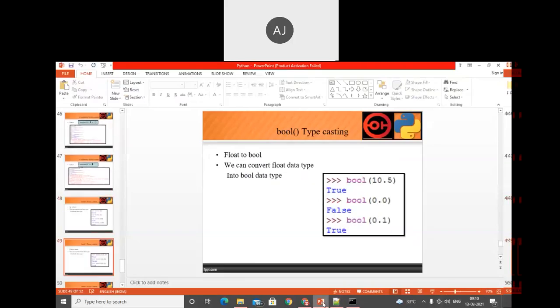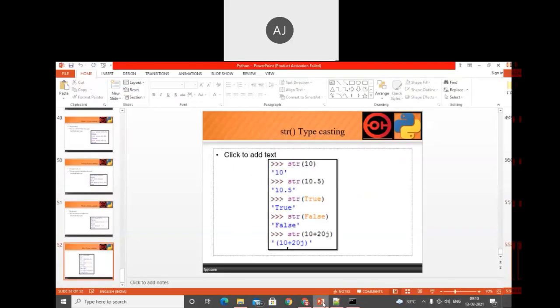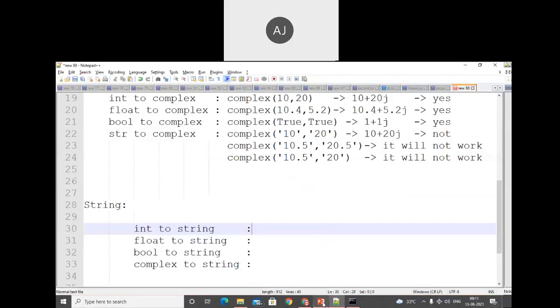Now we need to perform the operation of complex. In that section, whatever value we have, we need to convert it into a string value and check whether those values can be converted into string. The answer is yes: we can convert int into string, float into string, complex into string, and bool into string.